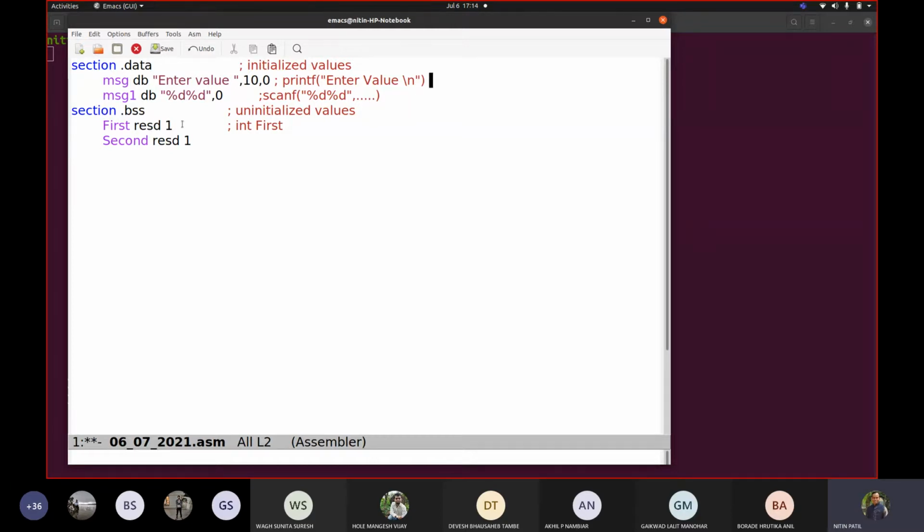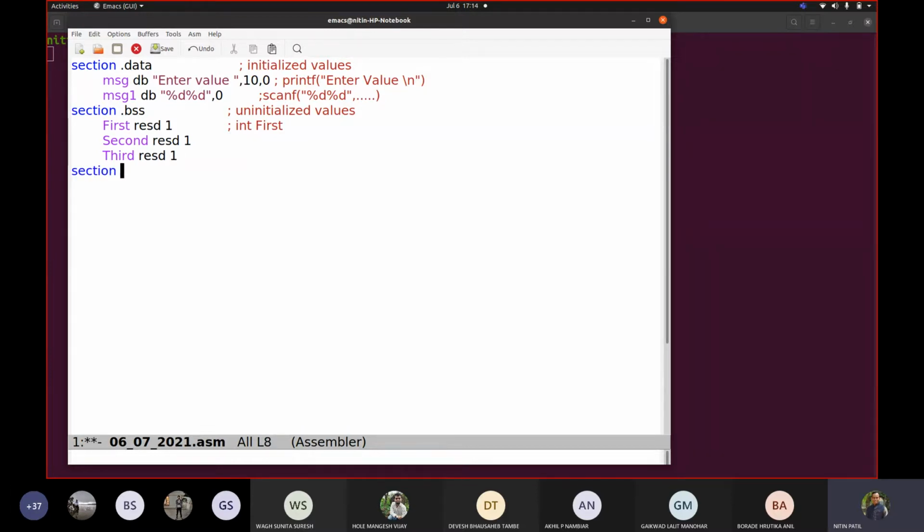So you specify how many bytes. You say reserve double, you say 1. That means you are declaring integer first. If you say first resd 10, it would be like this. That means you are reserving that many doubles. Now we have these two variables, and we have a third, reserve double. I'm not teaching you assembly right now, but we need to know what exactly happens there.